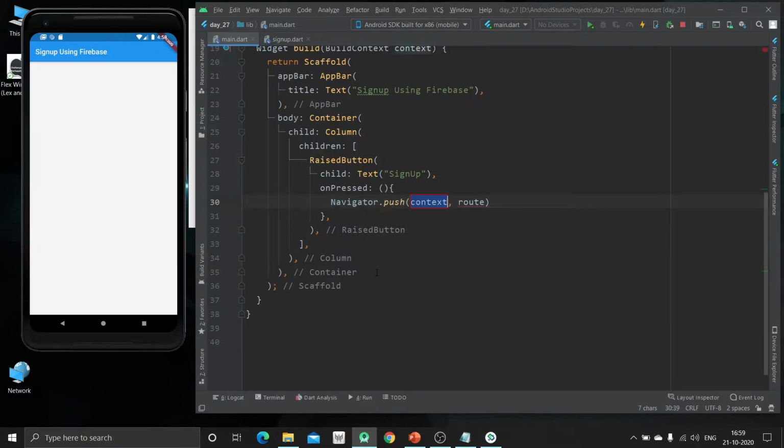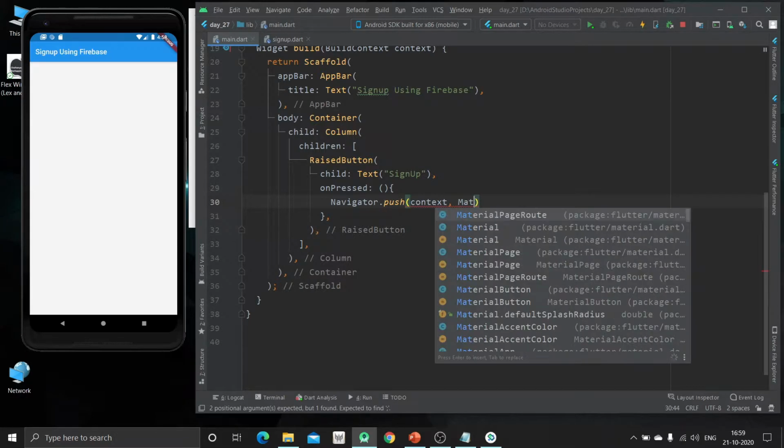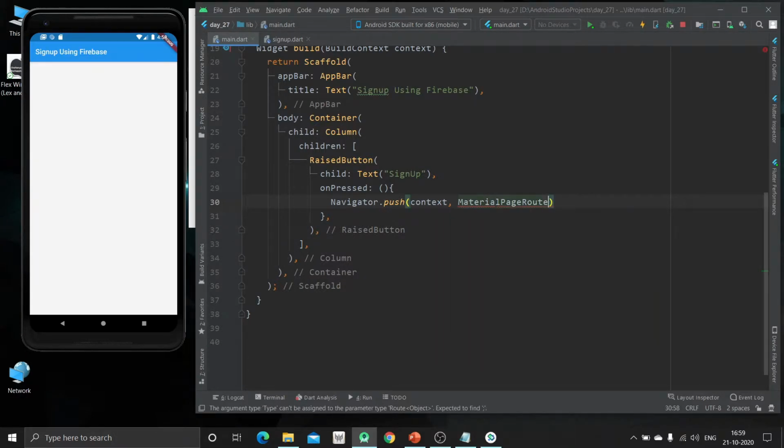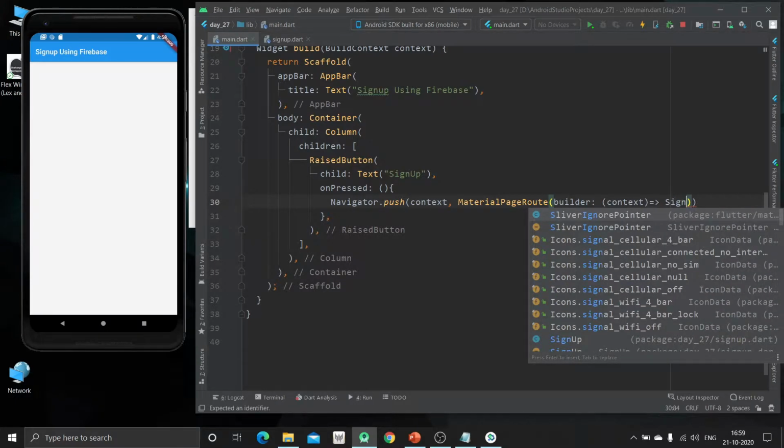So use the Navigator method. Inside this we are going to use the MaterialPageRoute class. You have to specify the builder. For that you have to pass the context. Now we are going to call this sign up page.